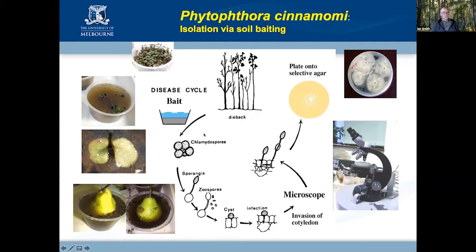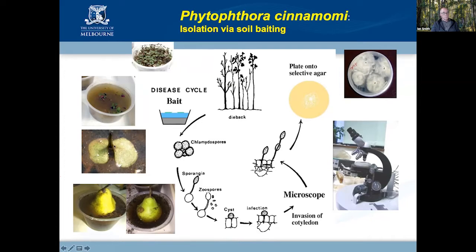And what happens is that this part of the cycle here is, I guess, picked up by the zoospores. Rather than infecting a root, they infect a little leaf here. And in the case of Eucalyptus sieberi, when they germinate, they're actually purple underneath. You can see them purple on here. And as the cells get broken by the pathogen, the anthocyanin, which is the reason the cotyledon is purple, leaches out into the water, and it turns from purple to green. And so you've got a good little indicator of the presence of a pathogen